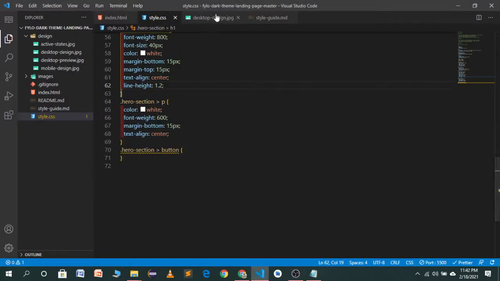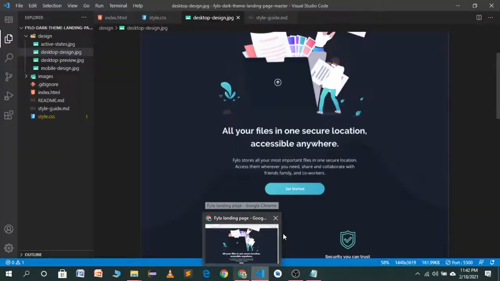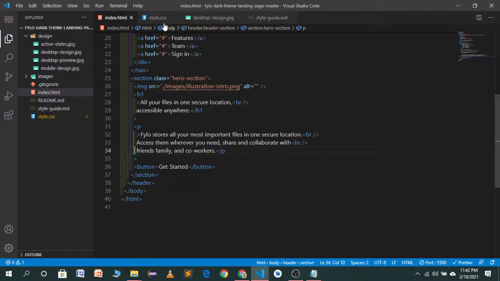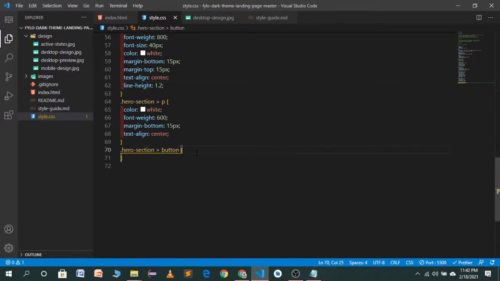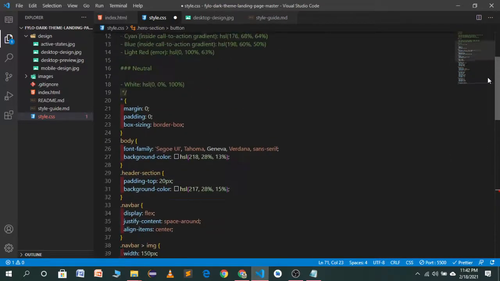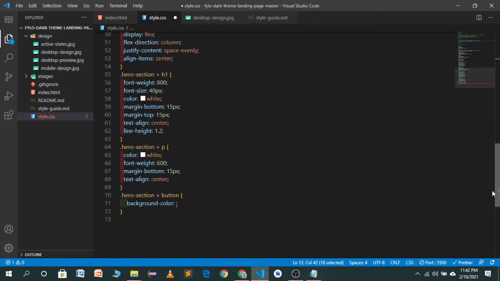So for the button we want this blue color as our background and a white color for the text. So let's give a padding. First of all, I will change the background color. Background color, we are using this one, this blue color.